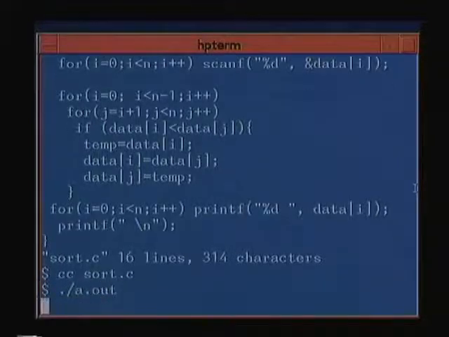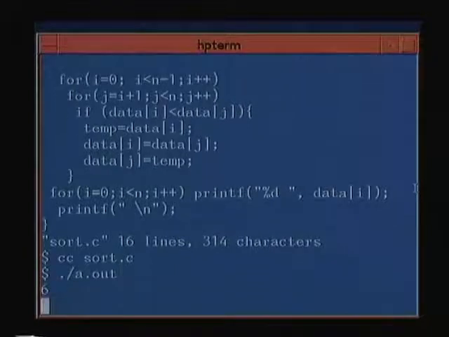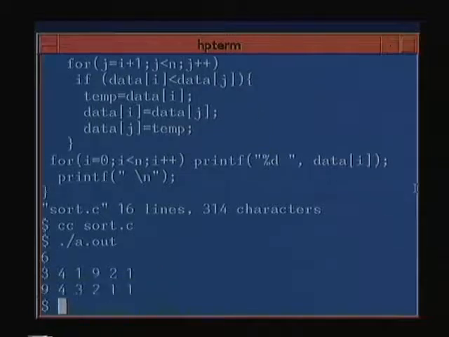The first thing you have to give is the number of numbers, say 6, and then all of them. So it prints the sorted array 943211.